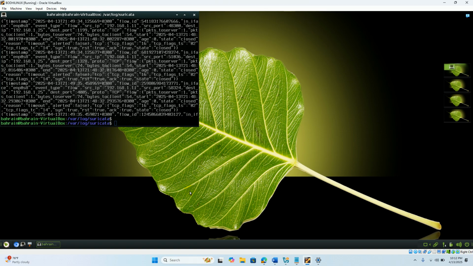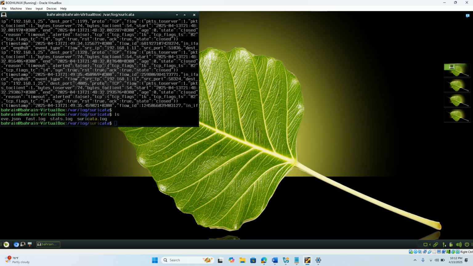In the target system, you have to go to this folder, cd /var/log/suricata, and here there is a file eve.json. This file, for example, we can use grep. The source IP is 192.168.1.11, eve.json, and you can see that